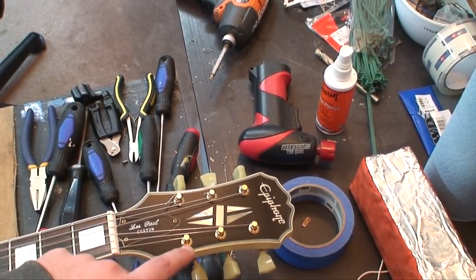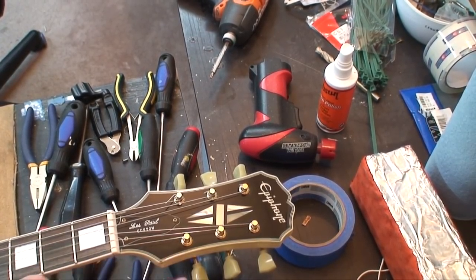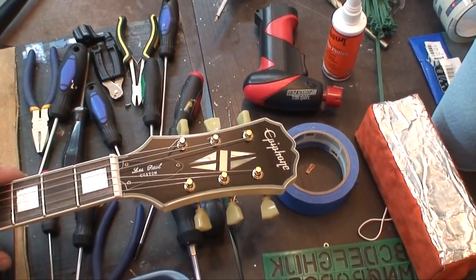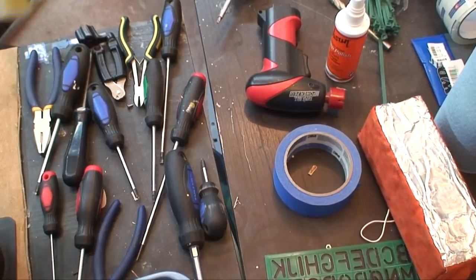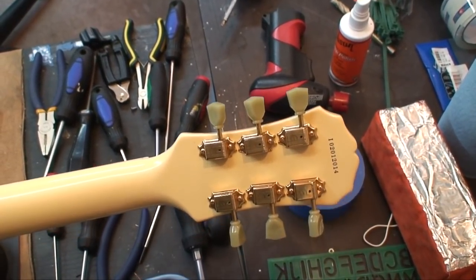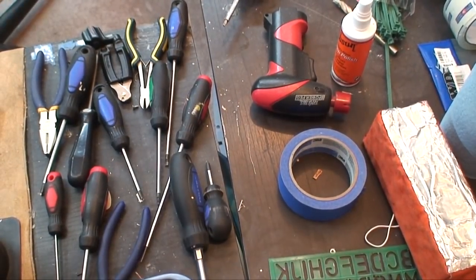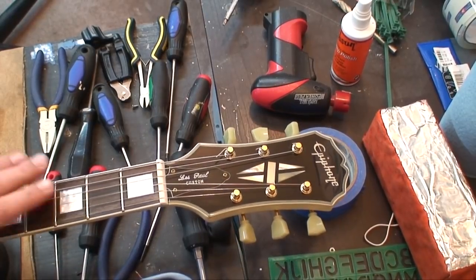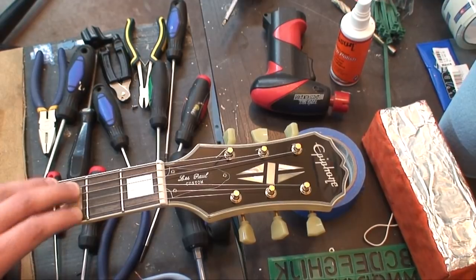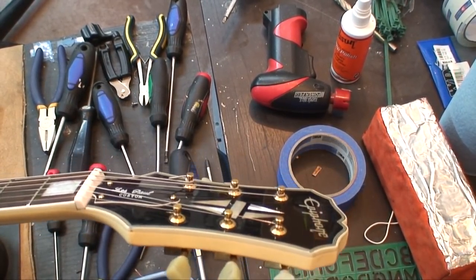Now with these, sadly, these are the press-in bushing type. So I don't think there's a lot that I can do aside from, you know, tightening up the screws on the back of the headstock. That'll be something we'll have a quick peek at. Just tighten those up a little bit, a little smidgy. And then personally, if it were me, I would probably bring this up to 11s and up. The other thing I think that's fighting this guitar too is that there's not much string